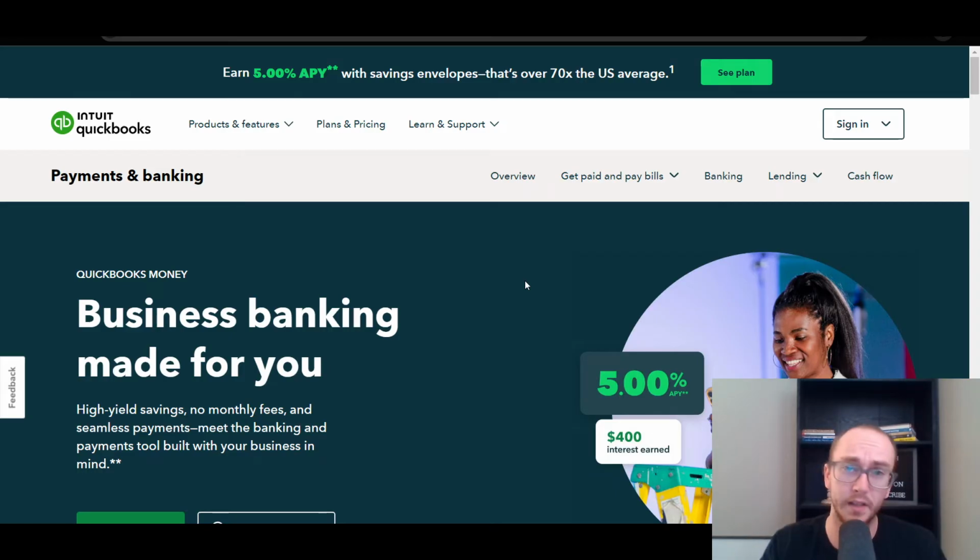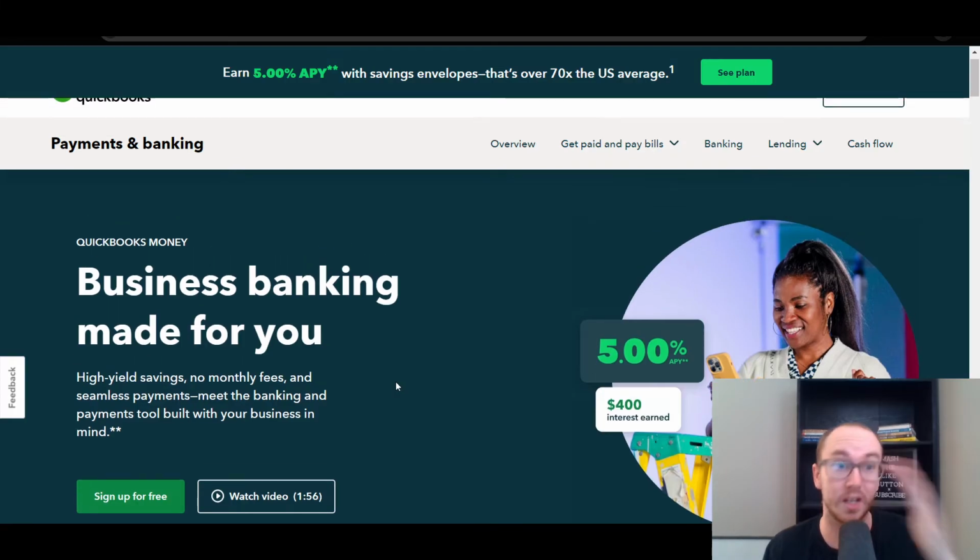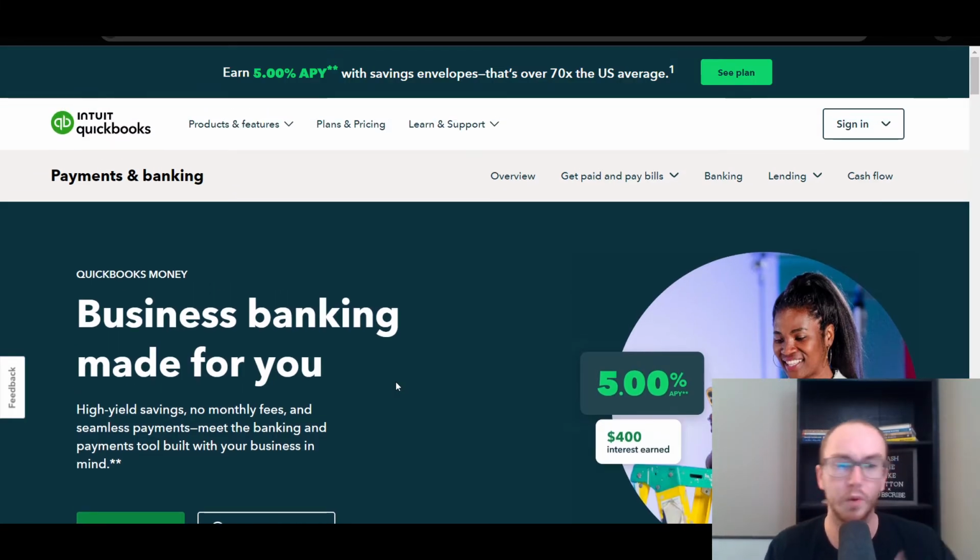So this is specifically QuickBooks Money. This is a newer product that QuickBooks has added to their lineup where you can actually create a bank account and process invoices. So it's sort of like a high yield savings bank account for your business, and they aren't charging any monthly fees. So it's sort of a way to get new customers in the door, maybe customers that are new to